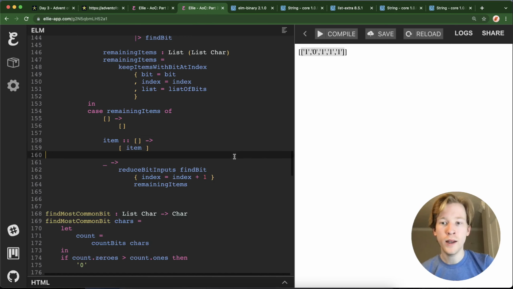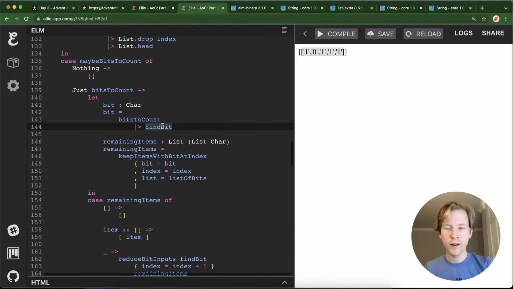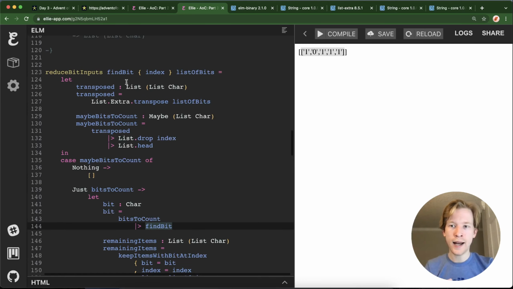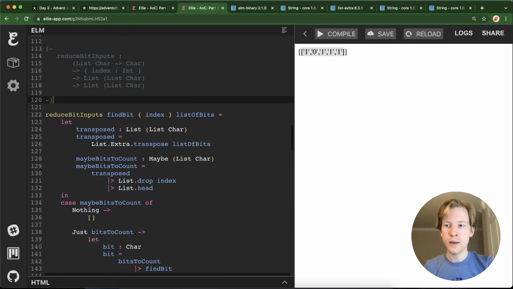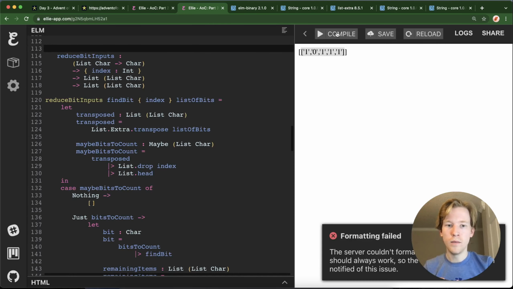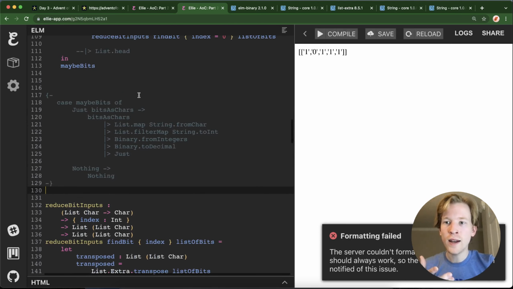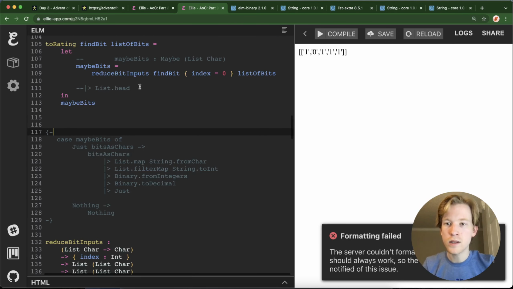So for the final bit, after I got here, I had the find most common hard coded in here. I extracted that out and made it a variable that you could pass in. So oops, I did something wrong. Yeah, I did. I need to make this go all the way to the edge. Cool. So I did that, and then the final step, now that I had those maybe bits,